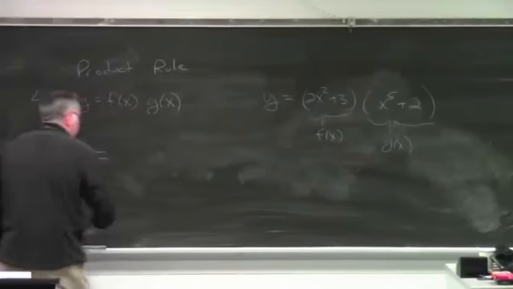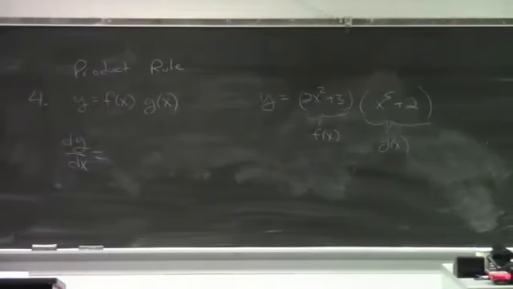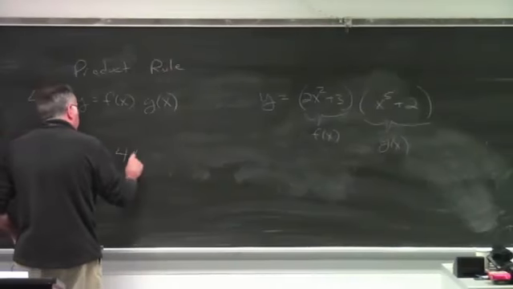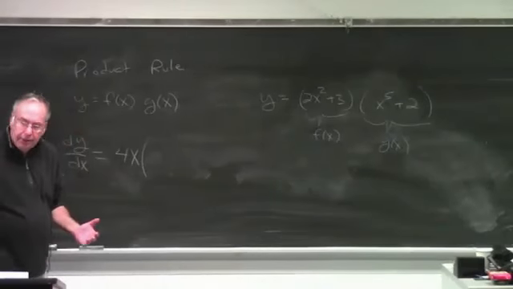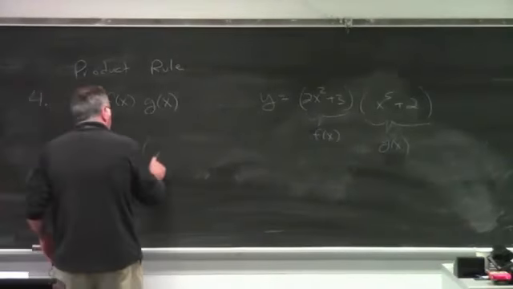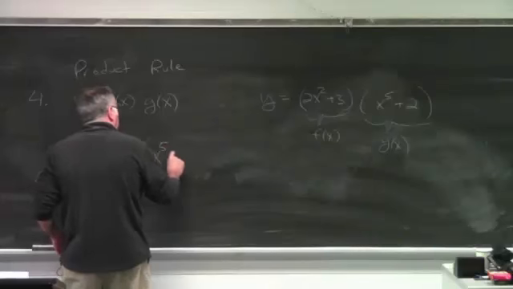The theorem says that dy/dx is f prime of x times g of x plus g prime of x times f of x. So what is f prime of x? What is the derivative of that first term with respect to x? Just 4x. And that gets multiplied times g of x, which is just the second term, x to the 5th plus 2,